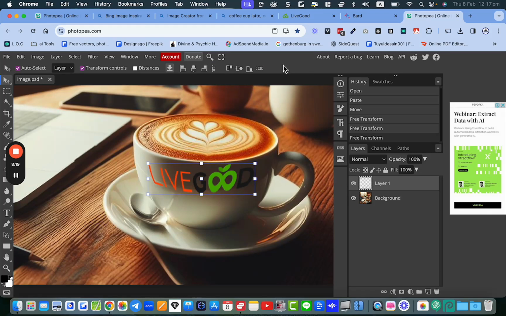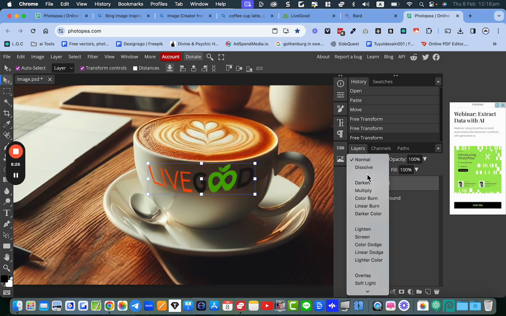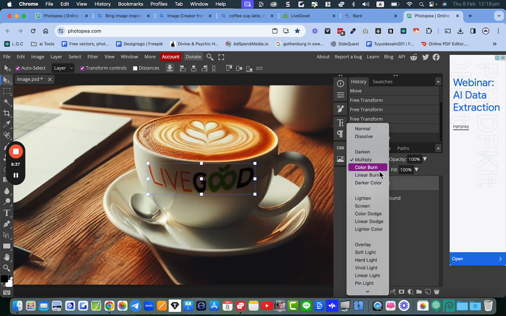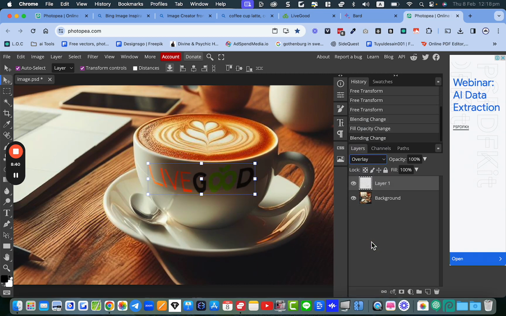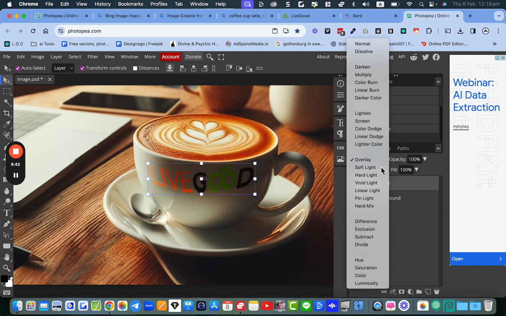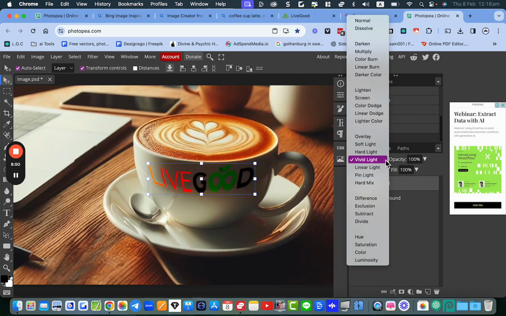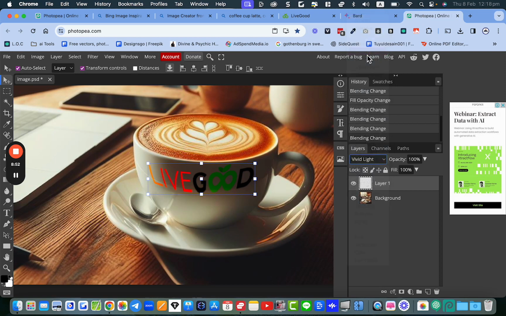And then what you can do is go to the right hand side here, where you see my mouse, and change this to, for example, multiply, and then you can maybe change the fill. It doesn't need to really. You can play around with stuff. I mean, you can just put overlay, for example, see what it looks like. Soft light, not bad. Hard light, not really, no. Generally, multiply is on the whole perhaps a good option,